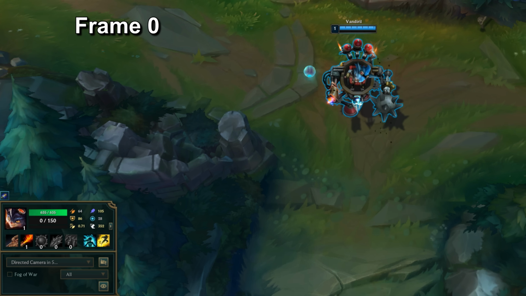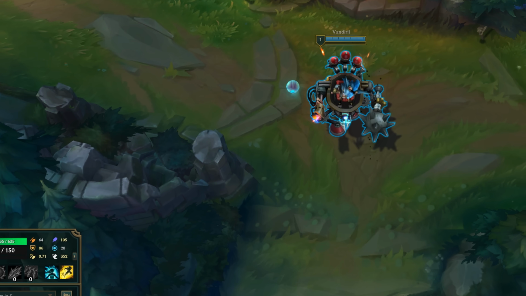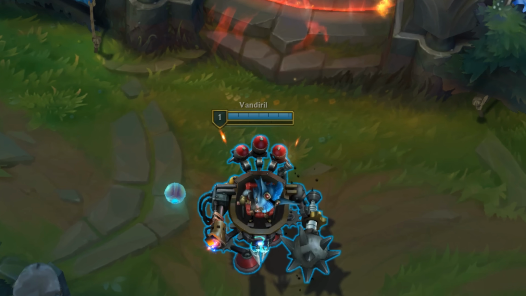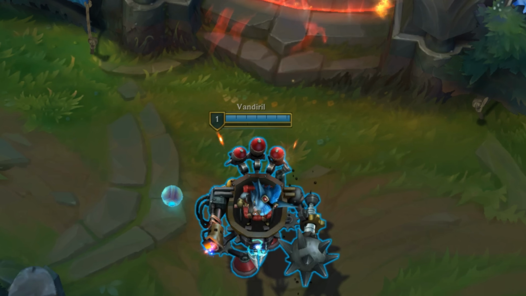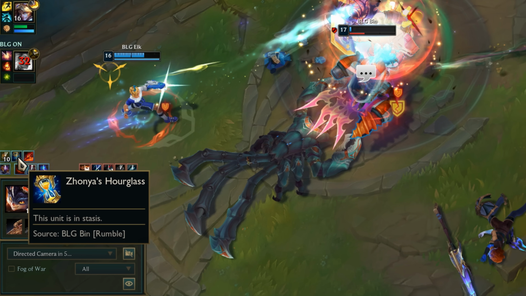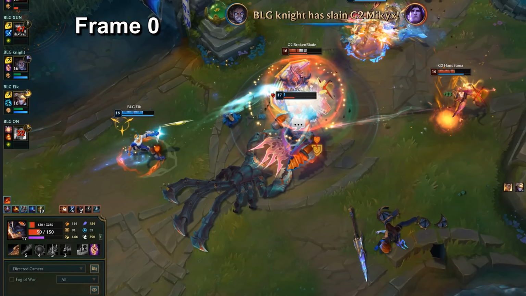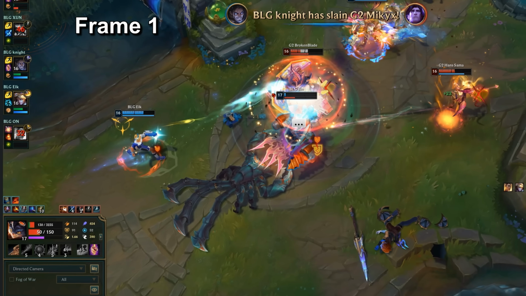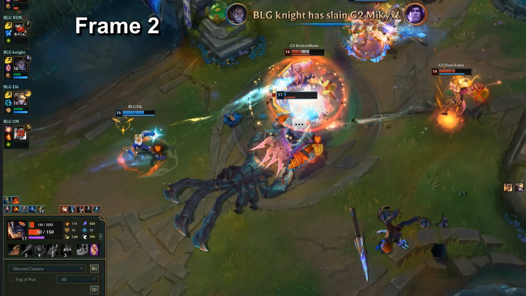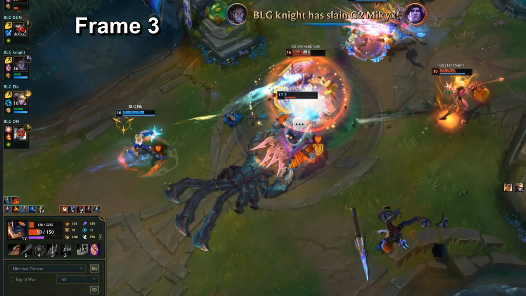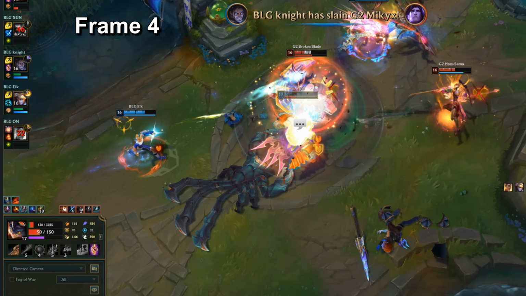So in both cases, Zhonya's was already working for a couple of frames, because we can see by the gold bar the invulnerability status around the health bar. This makes me think it's very likely that the icon in Spectator mode in BLG versus G2 was right. That would mean Rumble was in fact invulnerable a few frames earlier than we thought. So it wasn't even a matter of 1 frame timing, but actually a few frames. This makes it a bit less unlucky for G2.